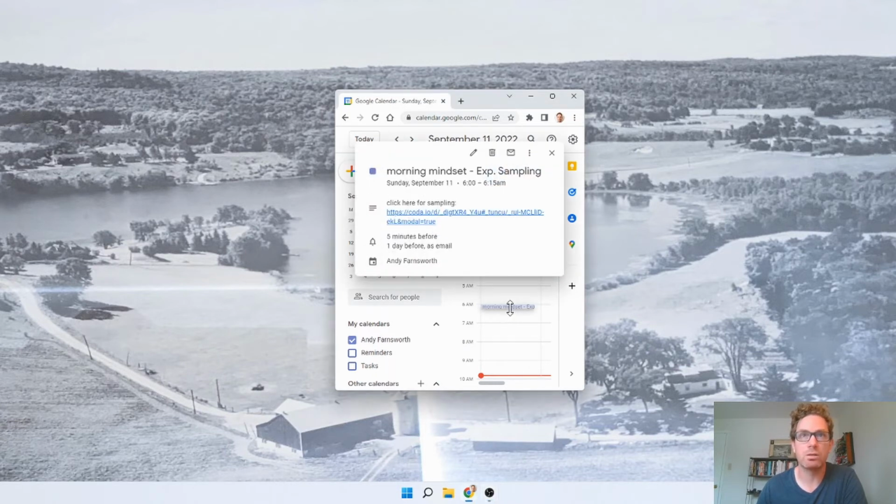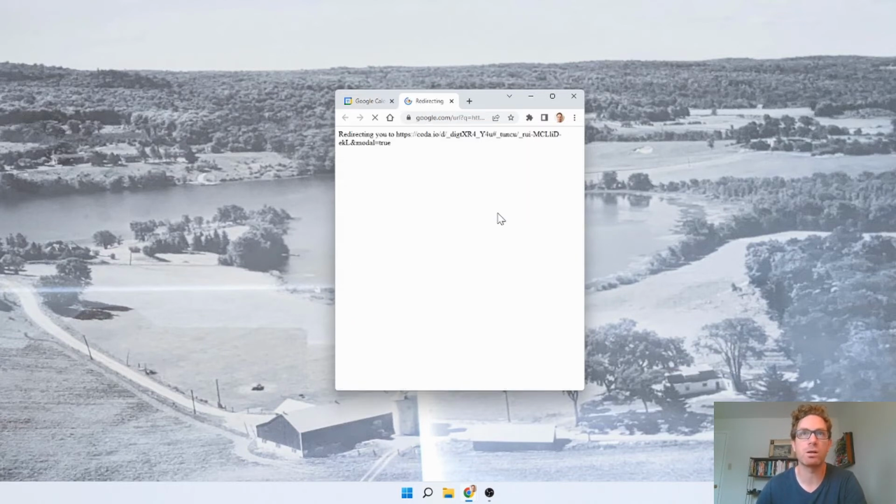And when I click on it, I get click here for sampling. And I've tried to keep this, I mean, you can put whatever you want in the email, but I've just tried to keep it as simple as possible because I don't want a bunch of distractions for this. I just want it to be clean, and I'd probably replace this with a link display or something so that it's not the ugly hyperlink. But anyway, when I click on it,